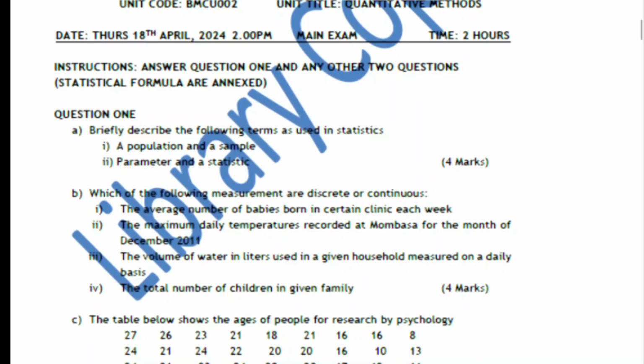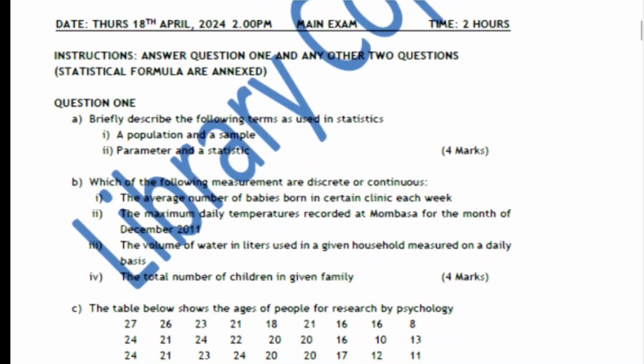So this is question one. Most of the times I have seen question one has about